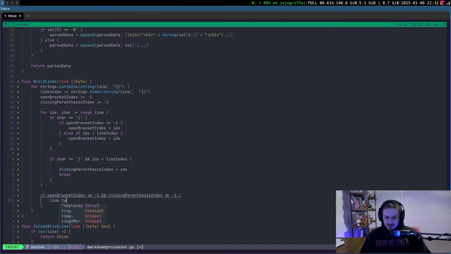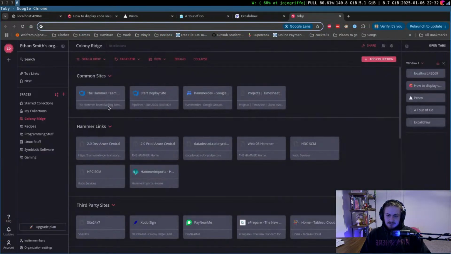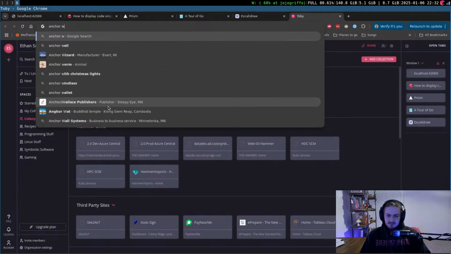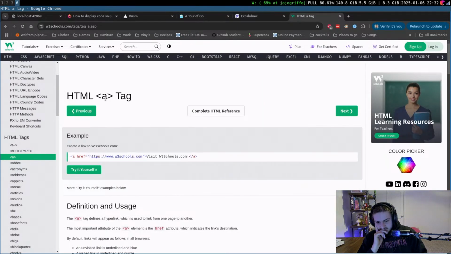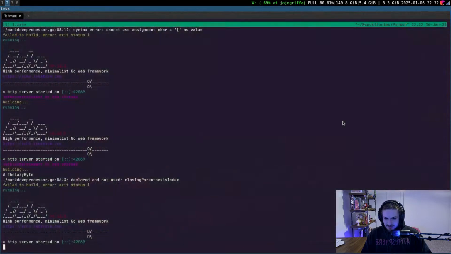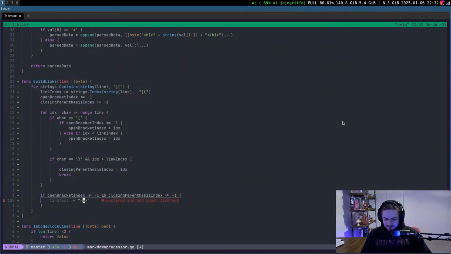Link text equals anchor. What the heck is the link? Anchor W3 href. Okay, cool. Not thinking right now. Okay, so